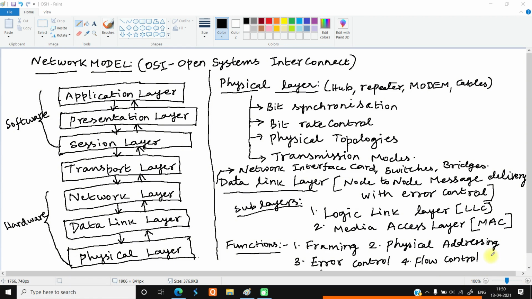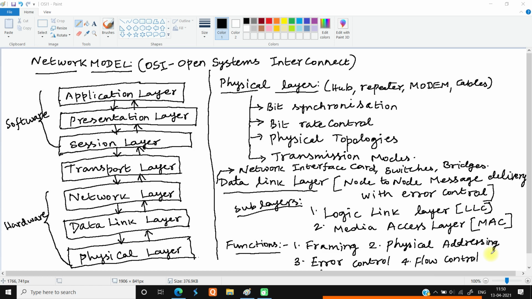So, why we need to visit the network model continues from the previous discussions: whatever protocols we are using are designed to work within the framework of a model.